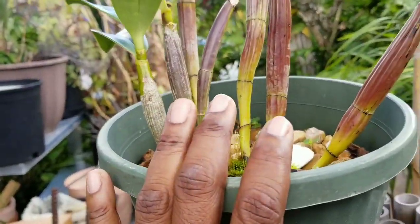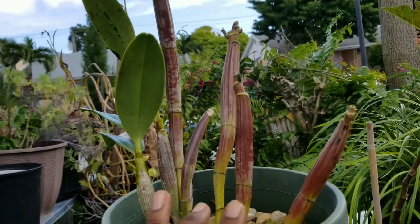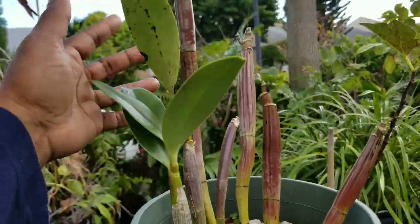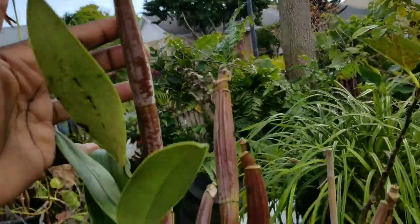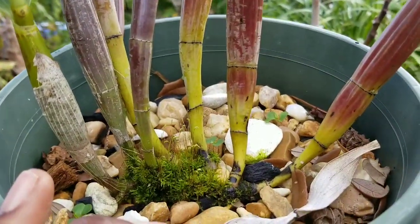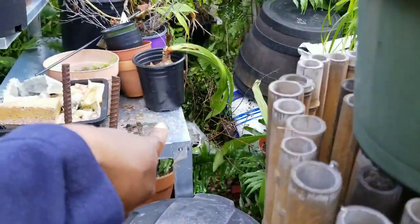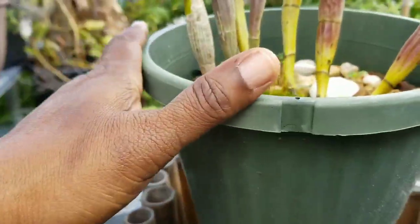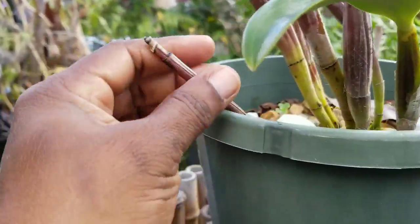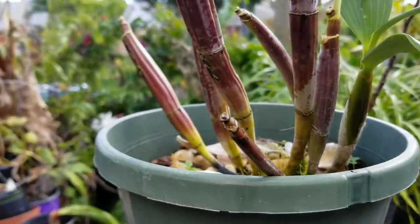Now, this particular division is from the Beast, Dendrobium spectabile, actually known as the Beast. This is a division, and I had this in full sun, as you can see, and it produced no buds yet or no spikes yet. That's the easterly and westerly exposure, and it looks like the sun basically is taking its